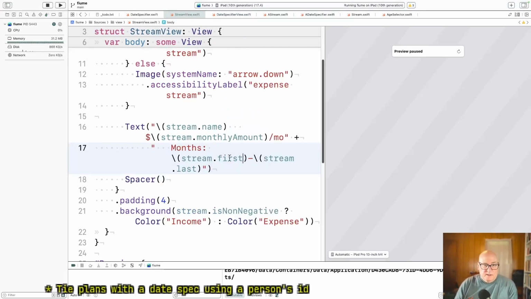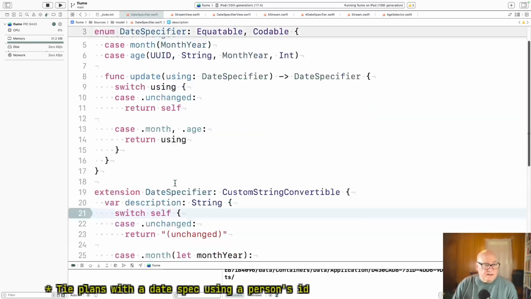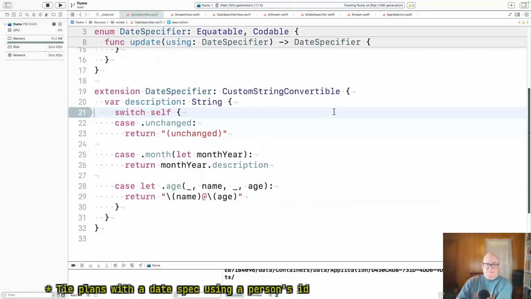Okay, so this is sort of implicitly calling .description because it's got an object to display, and it says, oh, do you have CustomStringConvertible? If you do, I'll automatically call description. But I think we're going to need a different version of description on DateSpecifier. Okay, yeah. He's going to need the list of persons to make sense of this thing.